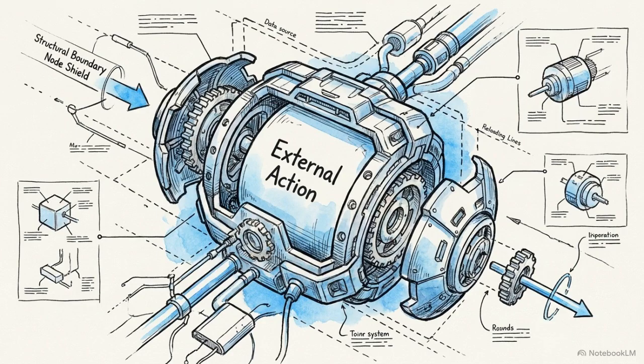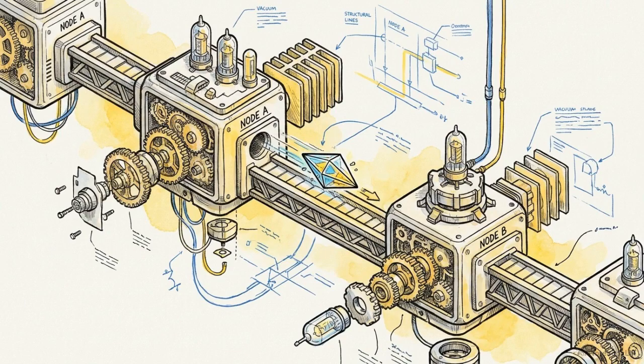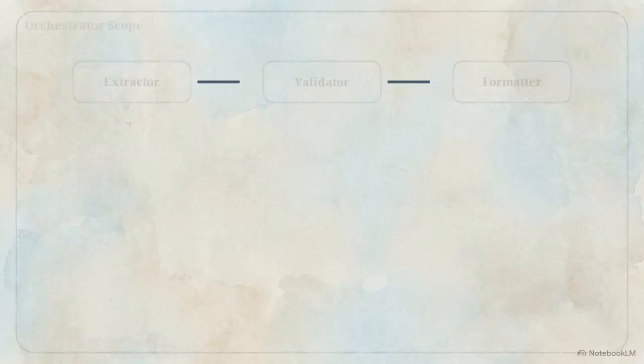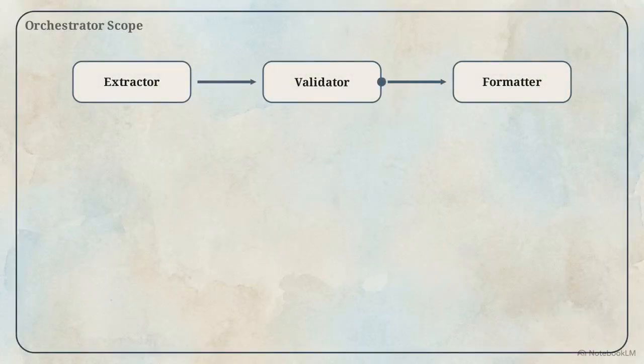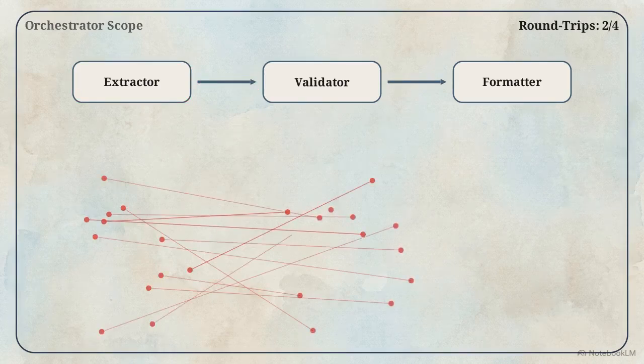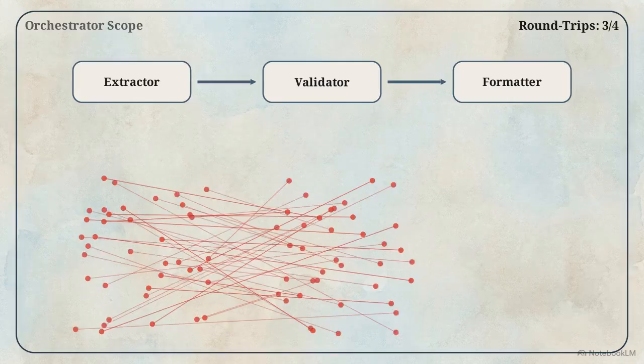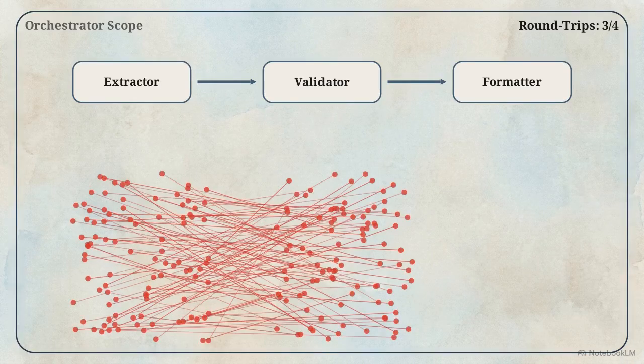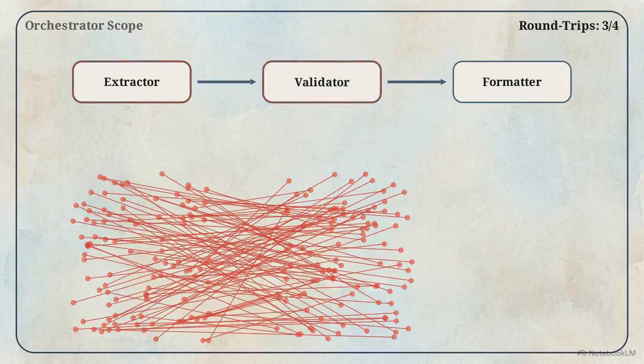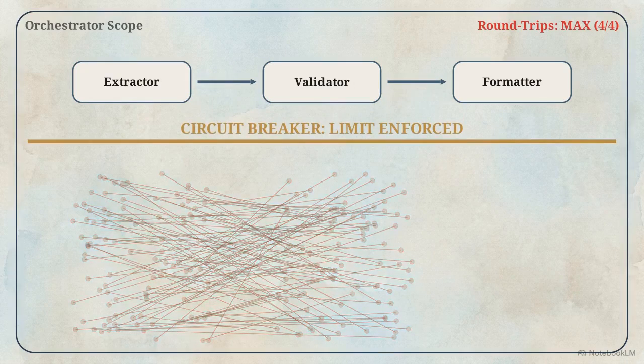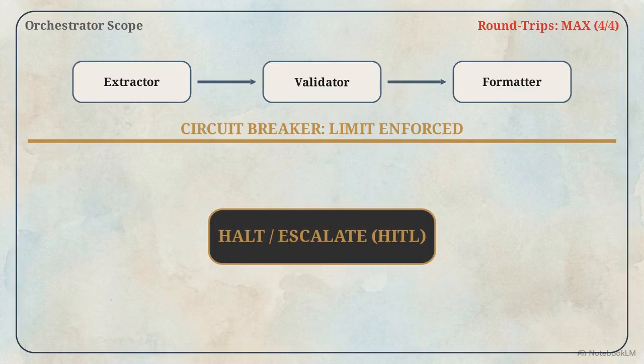the critical execution path. The complexity multiplies in a multi-agent coordination loop, where the output of one agent serves directly as the input for another. This structure maps the cascade failure mode. An extractor agent sends flawed data to a validator. The validator rejects it. The extractor retries. Suddenly, a single misconfiguration exponentially duplicates into dozens of simultaneous retries across downstream systems. The architectural fix cannot live inside the individual agents. You must enforce strict limits on inter-agent round trips at the orchestrator level.